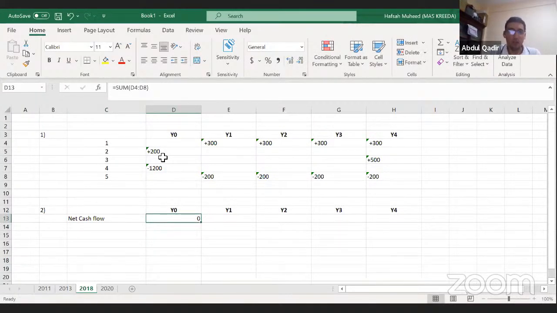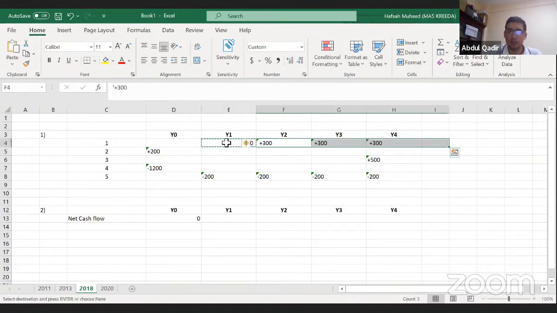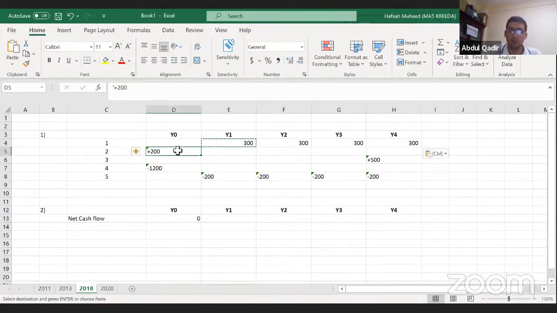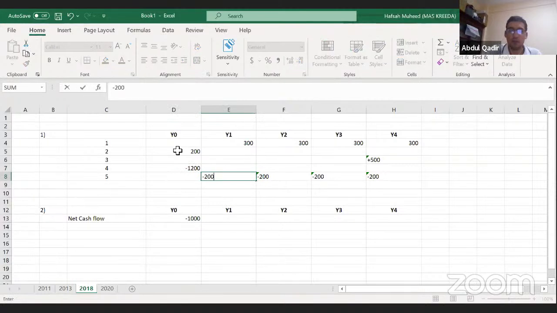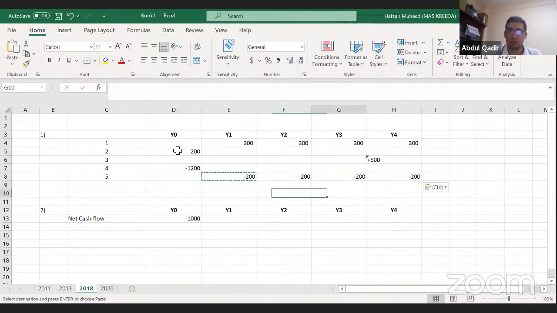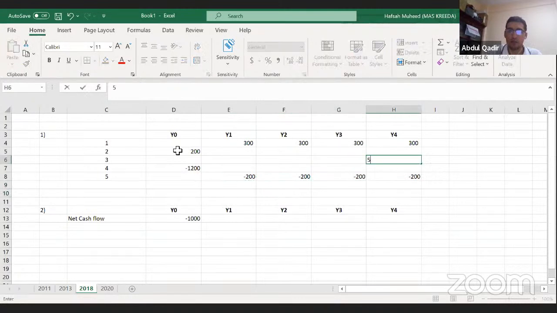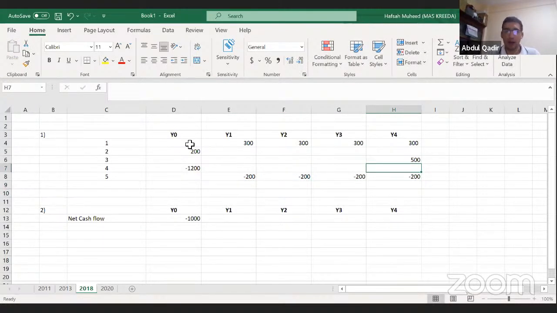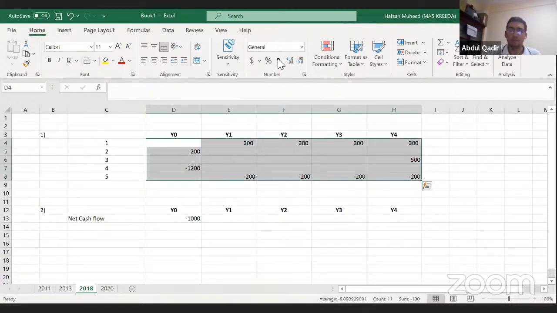So why it's coming 0 for me is because I have put this plus 200 minus 200. So what I'm going to do is say 300 here, because in the Excel it's coming like that. I'll say 200 here minus 1002. Give me a second, because that's an Excel issue. Yeah, it's plus 500. So when you all are writing, please put it in plus or minus. Be careful.